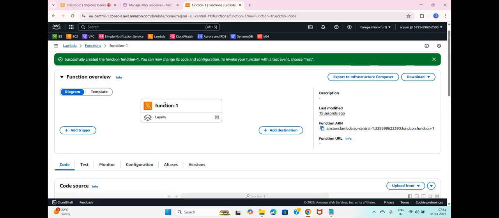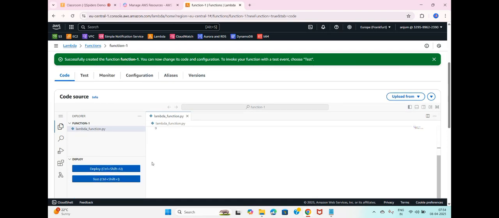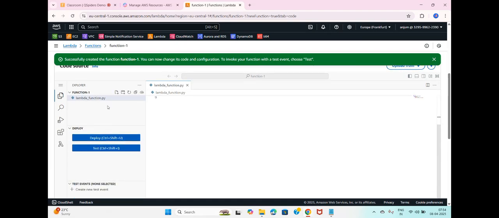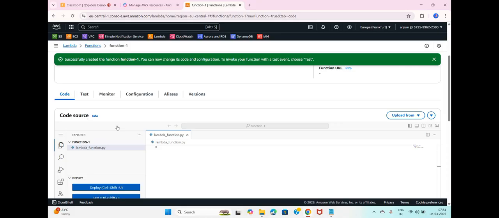Okay, see, you can see here, this is my Lambda function. And if you have written any code, then first you have to deploy that, and then you have to test that.